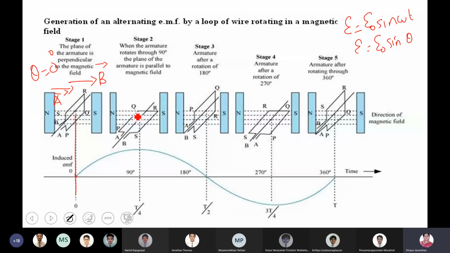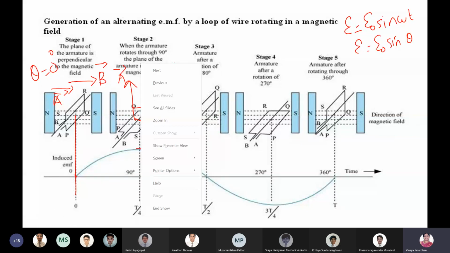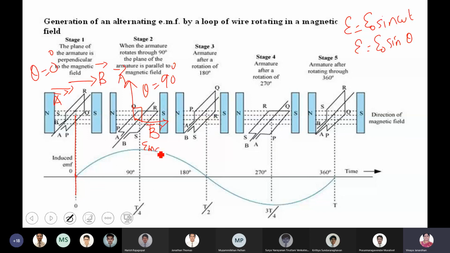In the second case, the area vector is any vector which is perpendicular to the plane of the coil, and the magnetic field vector is from north to south. So theta becomes equal to 90 degrees. Then E becomes E maximum. Look at this. This is E maximum. Next, when the coil is rotating, this is after half a rotation. Ma'am, I guess it's break now. Okay, 180 degrees. So your EMF becomes equal to 0. So this is how the graph looks like.